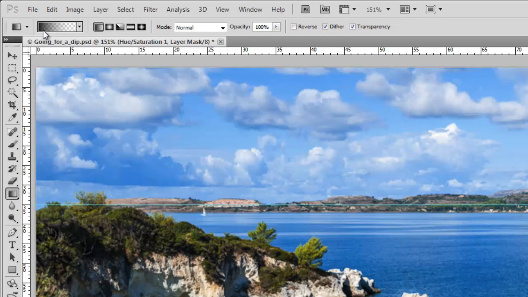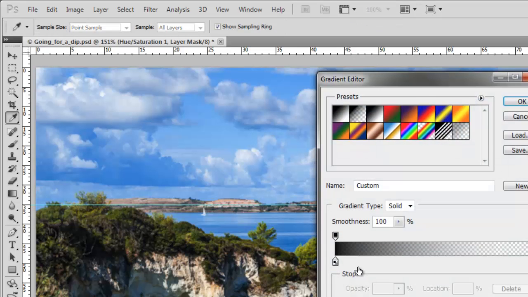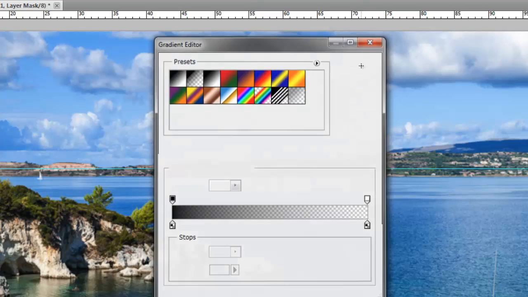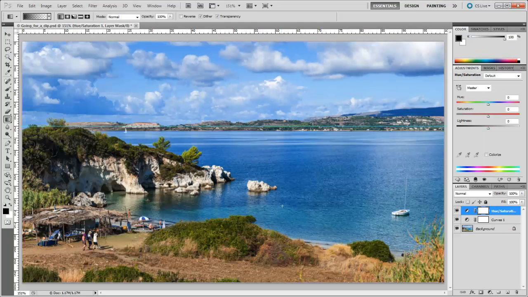we're now going to select black to clear. If you click on this, you can actually see the first one will be black to white, next one will be foreground to transparent, which is black to transparent, and that's the one I want to select. So click OK on that. So with the hue, I just want to click on below the line there and drag upwards and just release